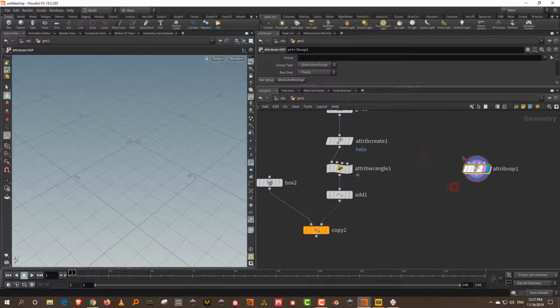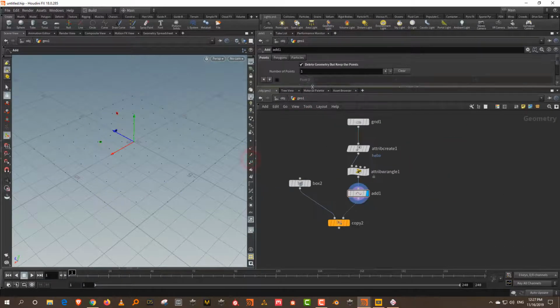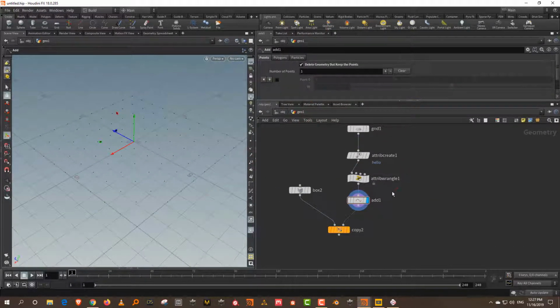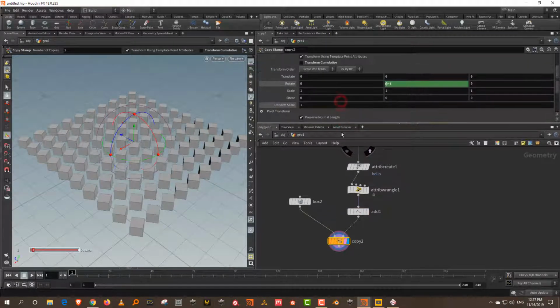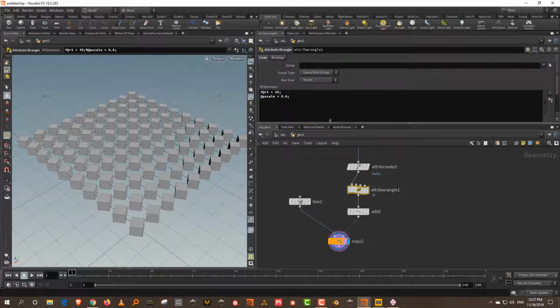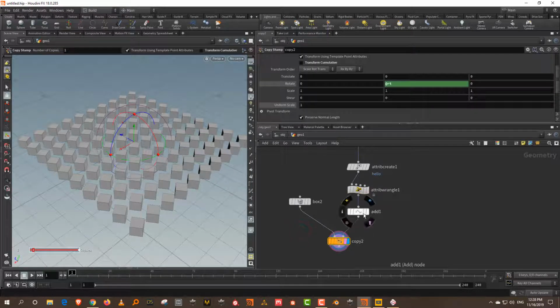So what I can do is, let's say right now we have a single uniform scale. Now let's say I want the scaling to be equal to the point number, which is going to go stupidly high. But let's say you want to do something like that.